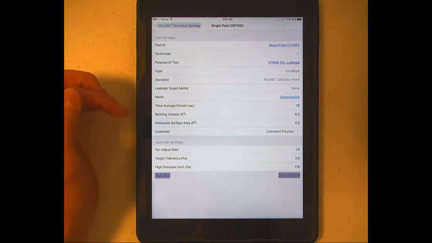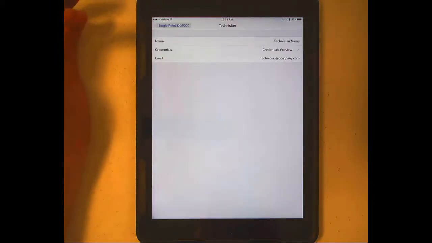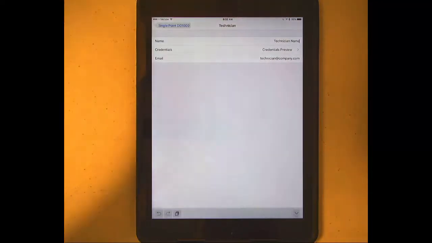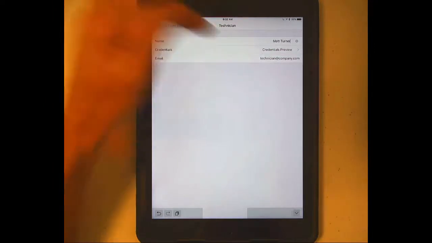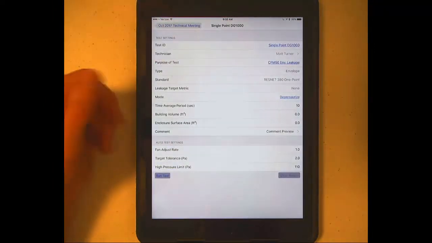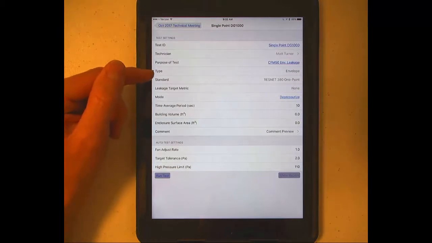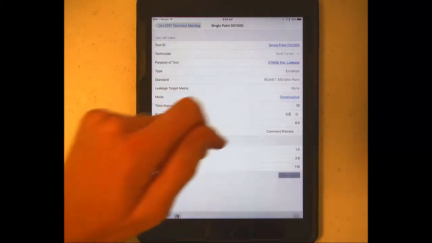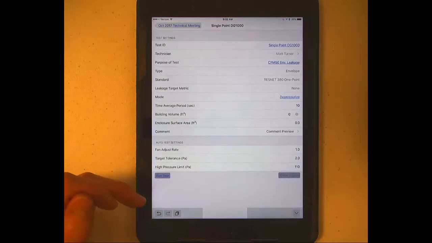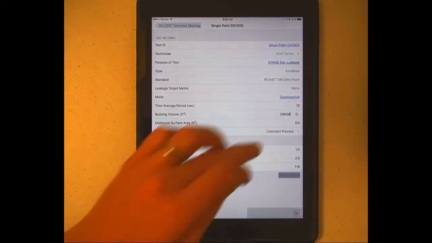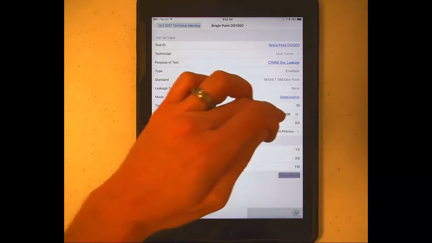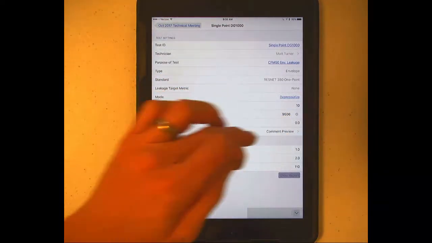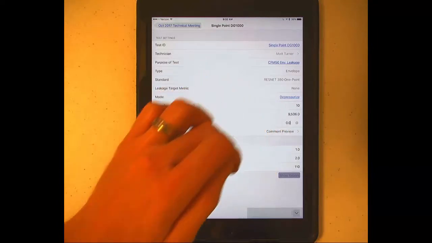And one thing I didn't show you, you can put in your name, so you can put in the technician's name, credentials, your email, stuff like that, and all of that stuff will show up on your report as well. Again, you can change your building volume and things like that. So let's go ahead and put in the same building volume at 9506. And our area is 1162,